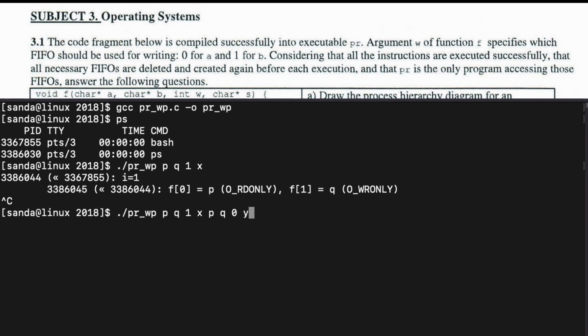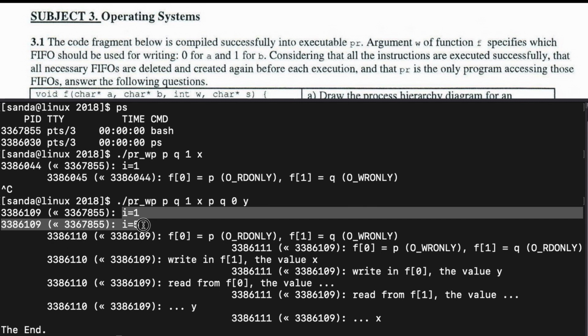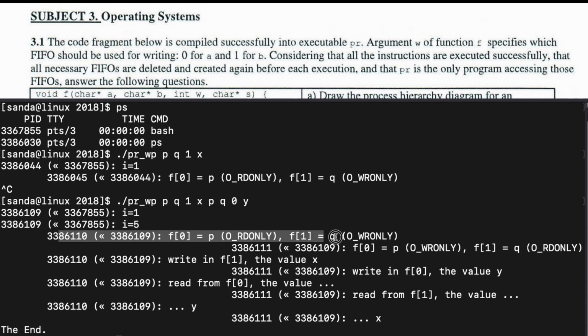PQ1X, PQ0Y. And here we see that we have two iterations. In the first iteration we have one child which again tries to open the P FIFO in read only, the Q FIFO in write only, and only after the second process opens the P FIFO in write only and Q FIFO in read only, this process can go on from the opening of the FIFOs, and it writes in Q